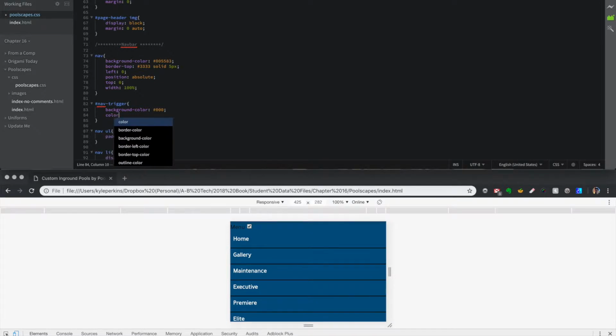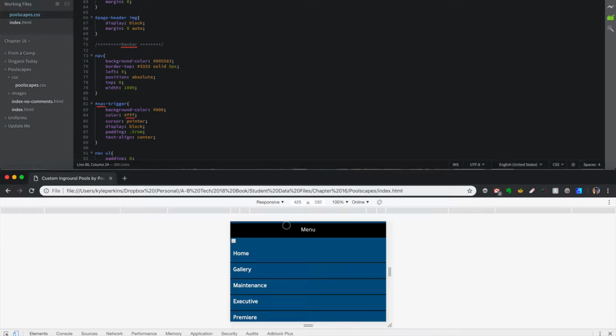Going to say color is white. Going to say cursor is pointer. Going to say display is block. Padding is 0.5 rem. And text align is center. Save, refresh. And now you can see that the label has now been stretched across the top and it has